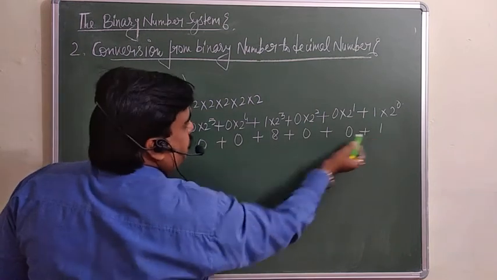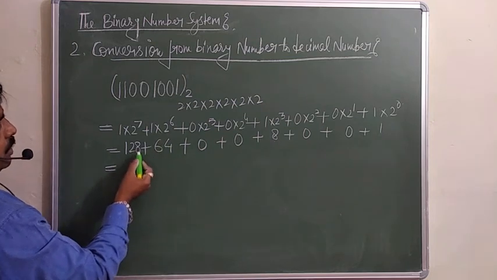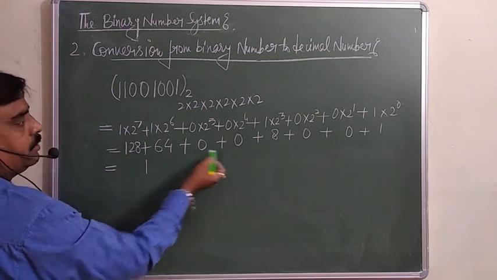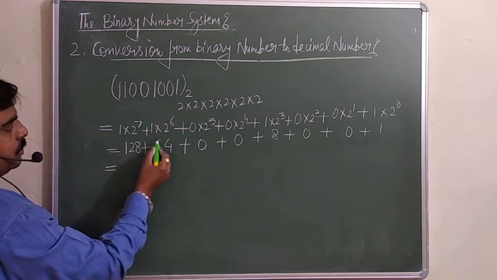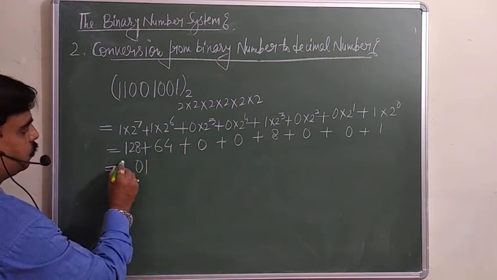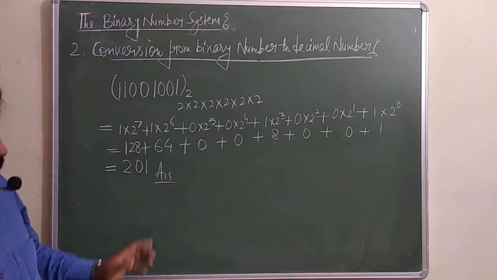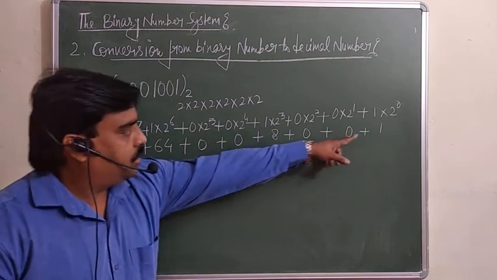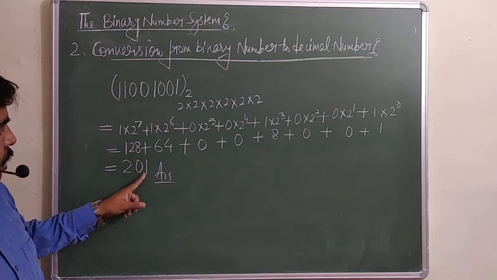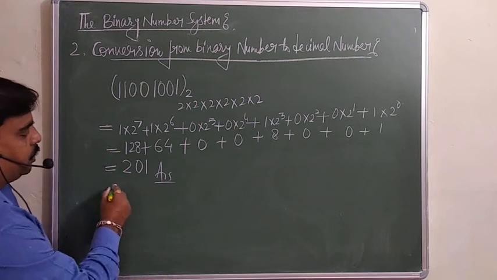So this is your 1 and 8, 9, 9, 10, 13, 13 and 8 is 21, 2 and this is your 2, 4 and 6, 10, carry 1. So this is 201 and your decimal number is 201. You can check your answer also. You can add them only. So this is 1 plus 8 is 9, 10, 13, 13 and 8, 21, 2. So this is 8, 9, 10, 0, carry 1. Have a look. And this is your decimal number.